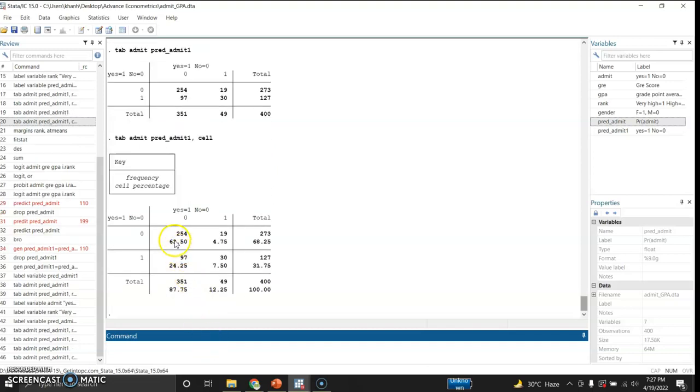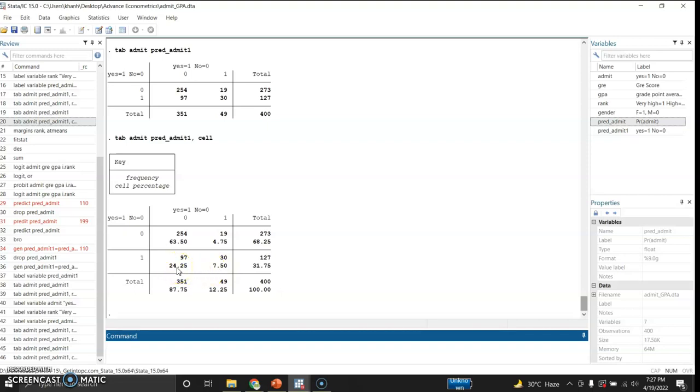So this percentage means that out of 400, 63.5% were those who were not admitted. 4.75 were those who were predicted as admitted but they were not actually admitted. 7.50 were those who were admitted and who were also correctly predicted by the model.